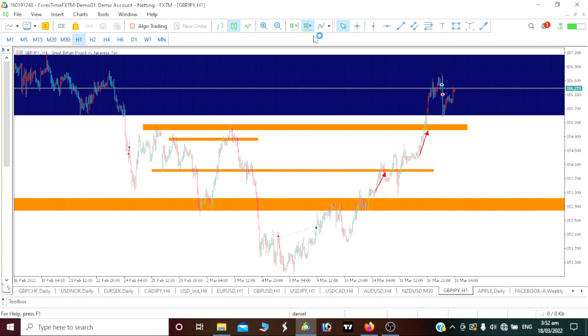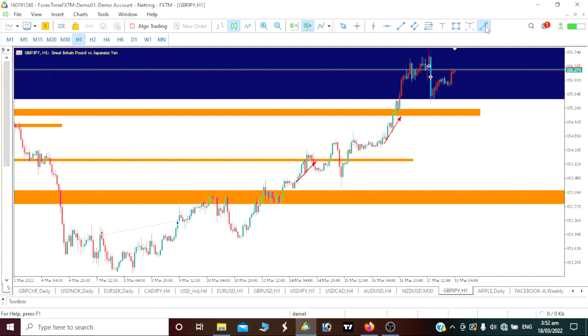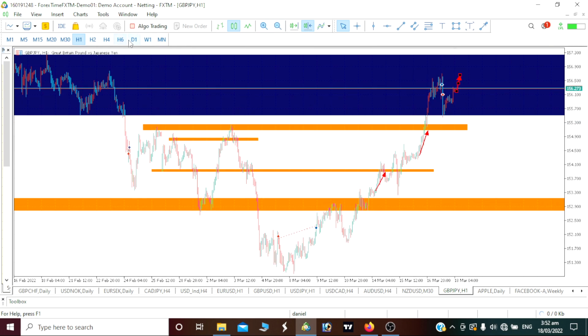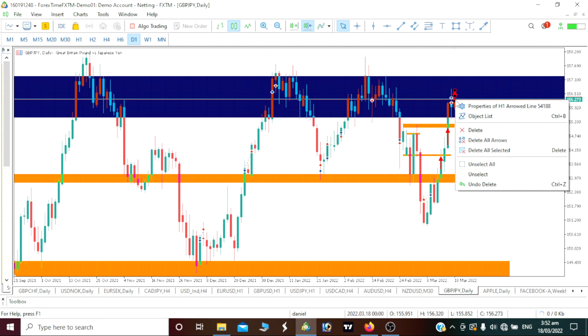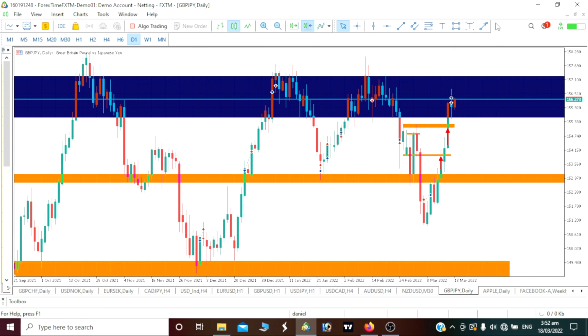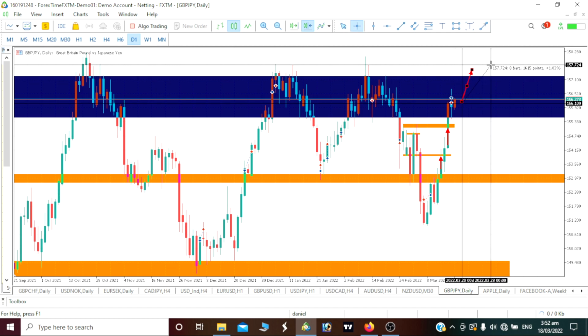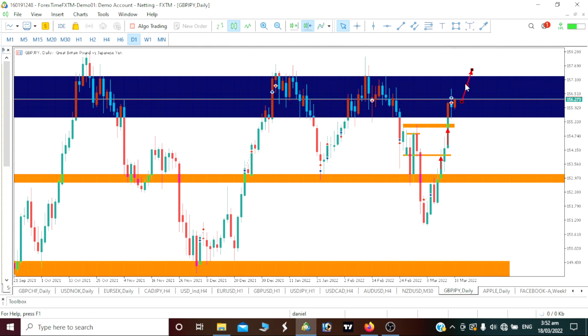On our pound JPY too, I should be seeing price comes back to retest this area. Maybe then we can actually now see that fall. So let's see how our pound JPY would react, especially when we view our daily time frame. When we view our daily time frame, we can see that our pound will still be pushing up, will still be pushing up rapidly. We should at least push up to around about 100 pips plus before you actually see that fall. So basically, for today we might see a little bit of fall, but our pound JPY on our daily time frame is still showing long.